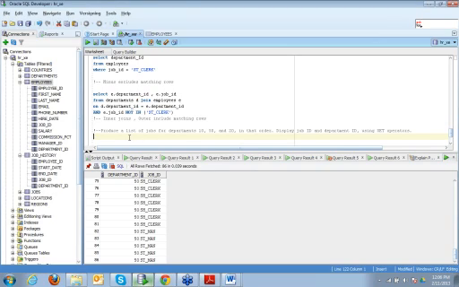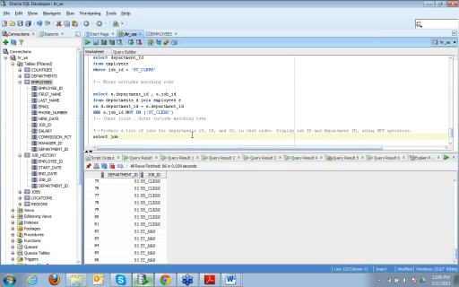So what we have to do is a union operation in which we get the jobs for department 10, then 50 and then 20.